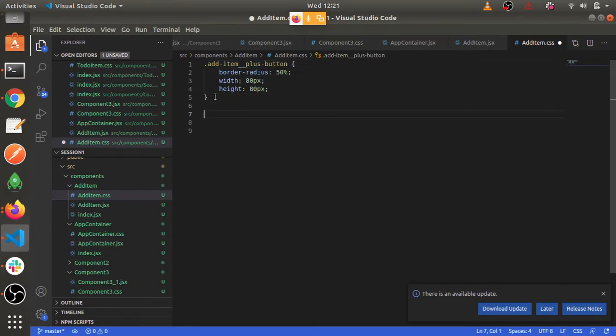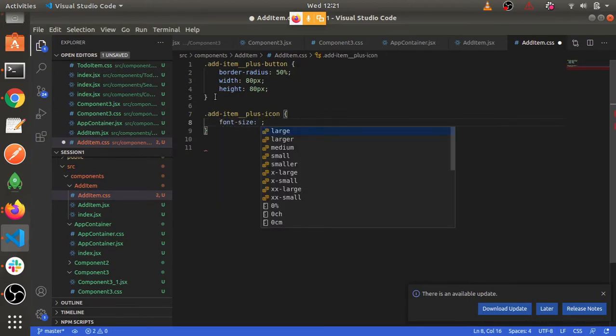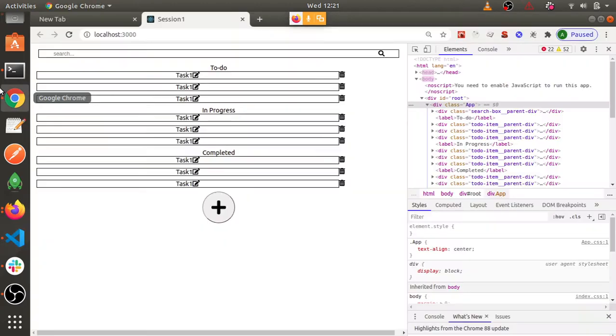Now to do plus icon, I'll give it font size, let's give it 40 pixel, and it should be fixed. You can see, right? But it has to be somewhere here, right?